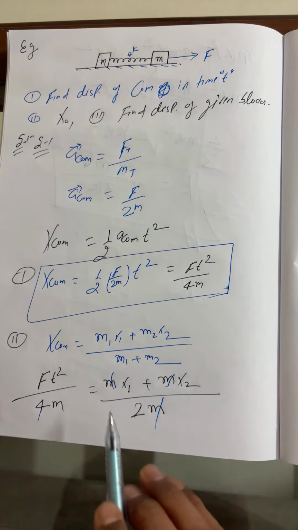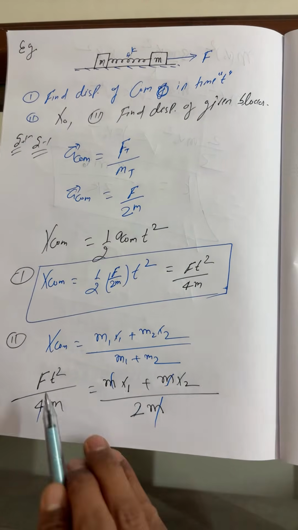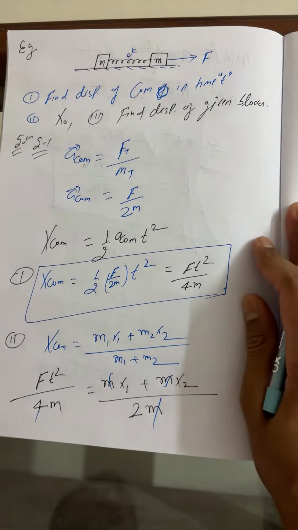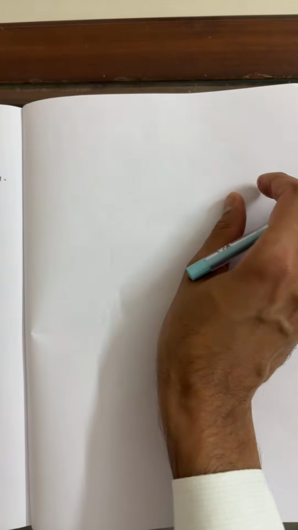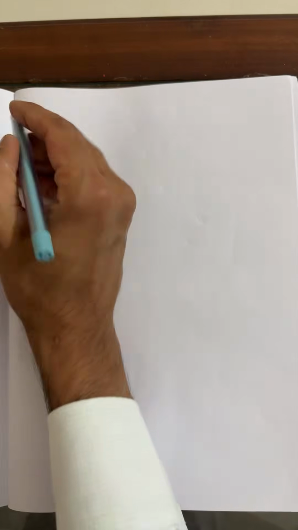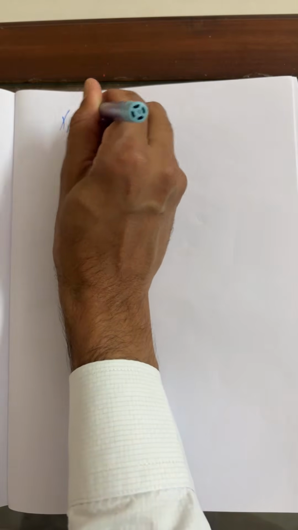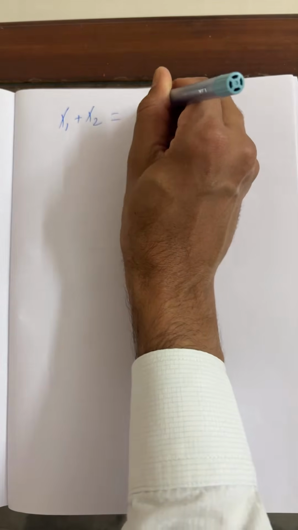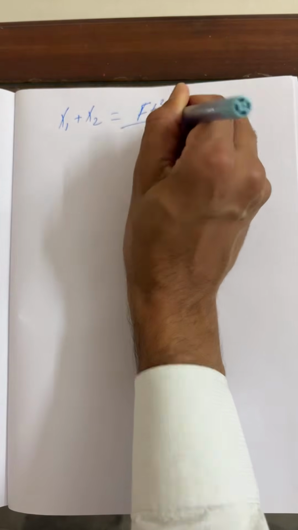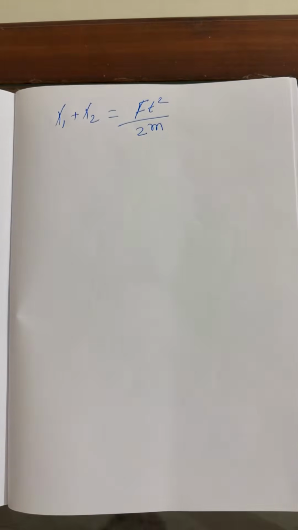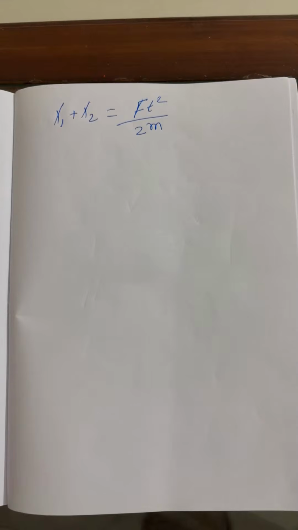So you can see, first, x1 plus x2 is equals to F t square by 2m. Remaining terms cancel each other here. So x1 plus x2 is equals to F t square upon 2m. Now we need to find the extension. So the extension is equals to what,